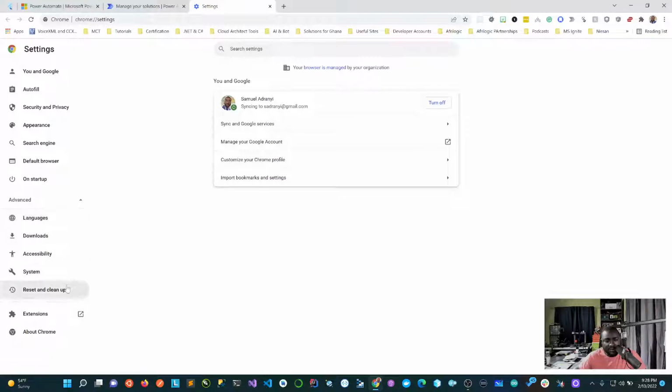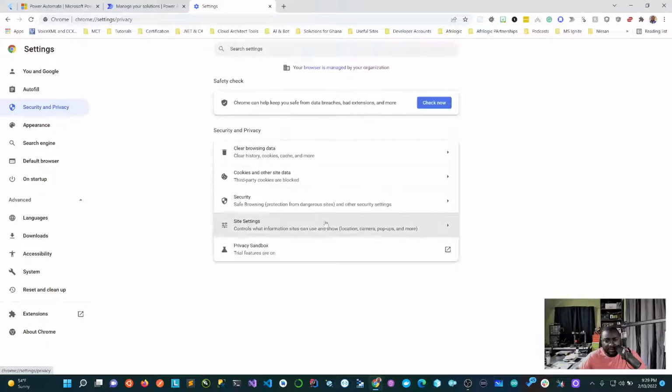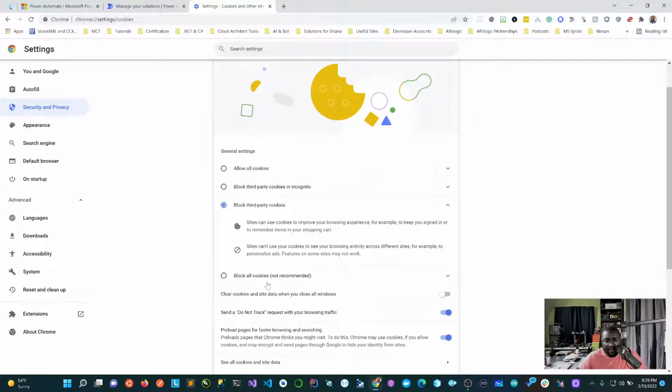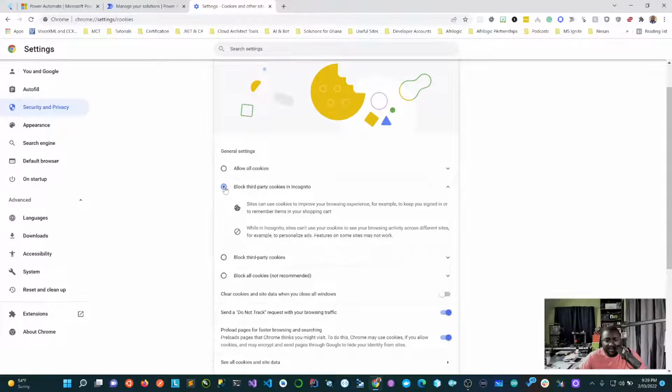So this is advanced settings. Not appearance, security, security and privacy. Okay, so cookies, and third-party cookies are blocked. So I think this is it. Block all sites. Sites can use cookies to improve your browsing, for example. Block. Okay, so let's just change this to block only in incognito mode.